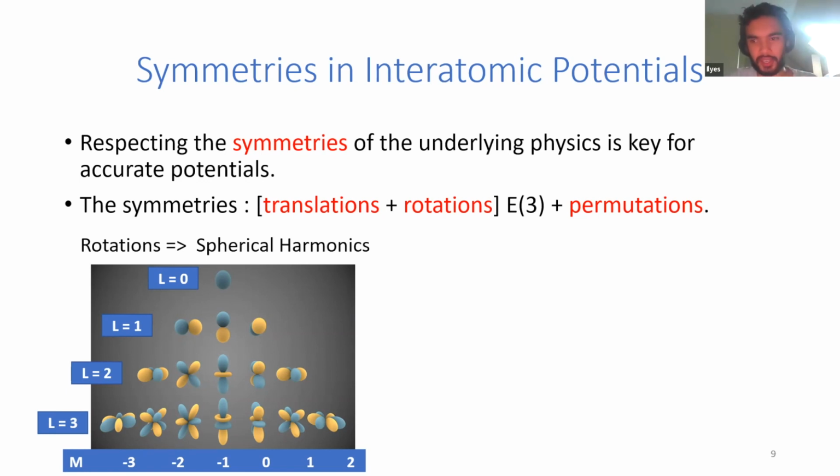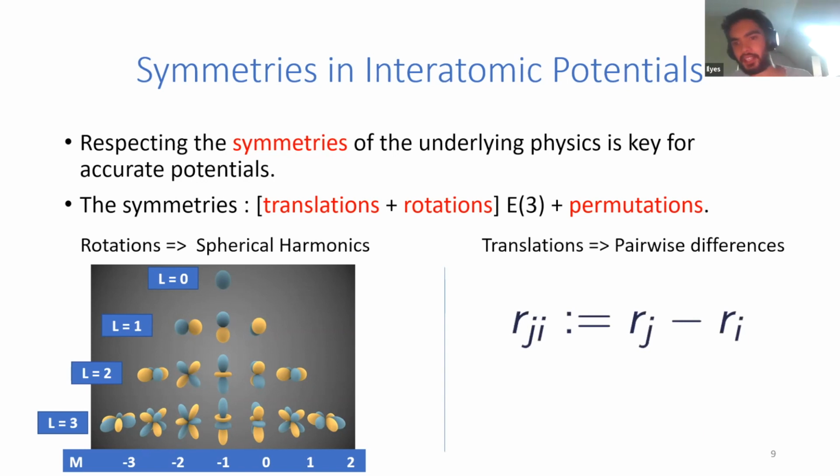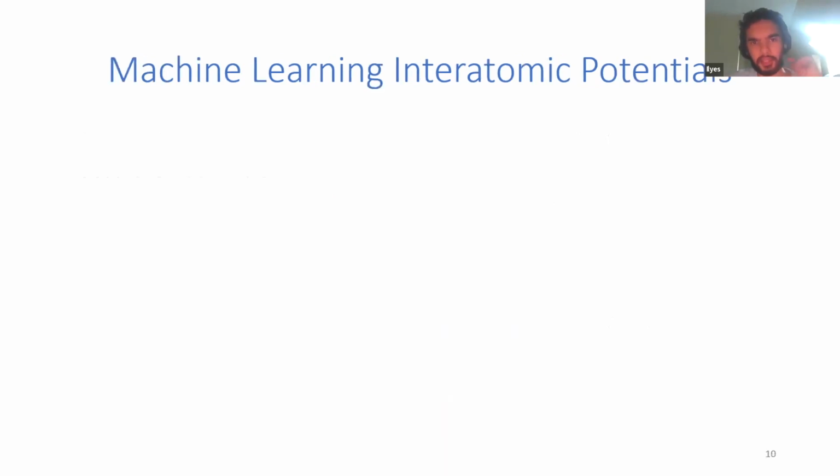And so you have the spherical harmonics that are the basis of the irreducible representation of the rotations. And then the translations, you forget about them because you just consider the pairwise distances, which are translationally invariant. And the spherical harmonics, you know how they transform according to the rotations. So when you take products, you also know how to symmetrize them. But I will go into detail later on exactly what this means.